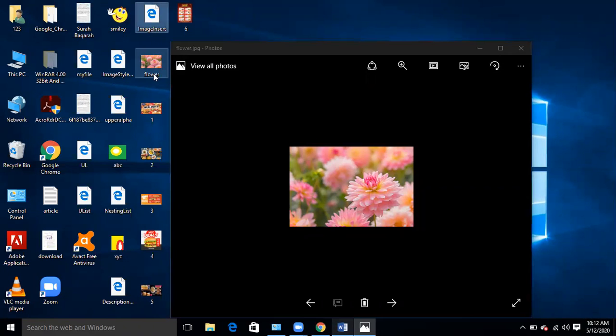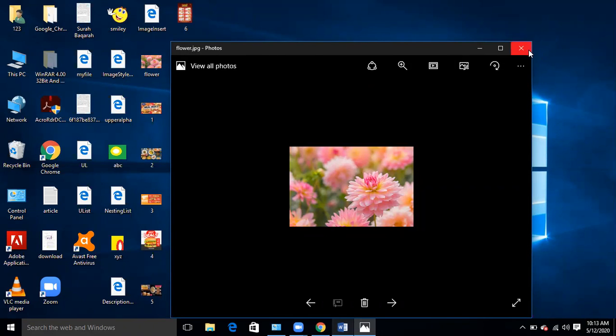My HTML file is on the desktop, so this flower image is also on the desktop, and my insert image file that I'm going to create is also on the desktop. So its name is flower and its extension is .jpg.